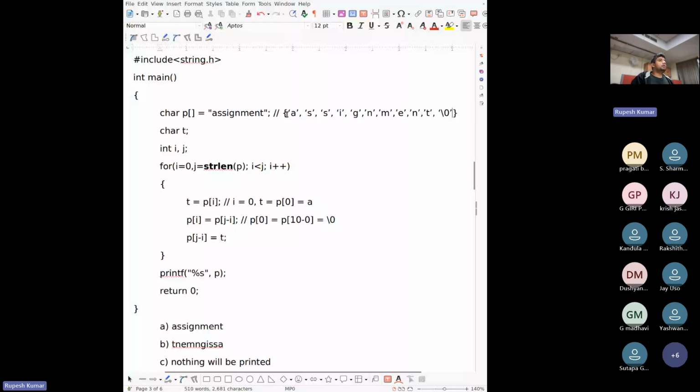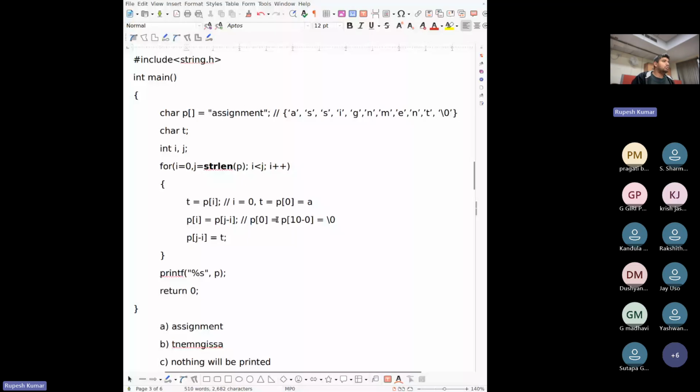So this is how this character array p is stored. This is an array of characters containing 10 values. So these are 10 characters, going from indexes 0 to 9. And at the 10th index, you will find that \0 is stored. So p at 10 is \0, and p at 0 becomes \0. So p at 0 is basically \0 now.